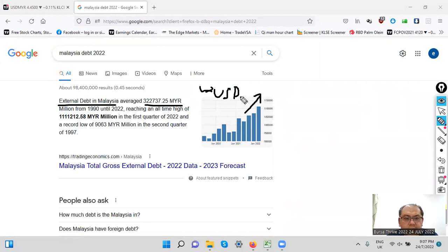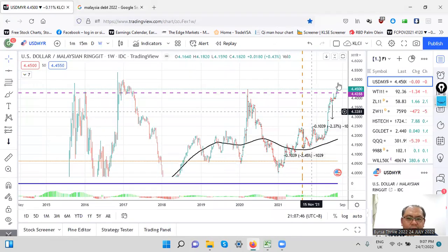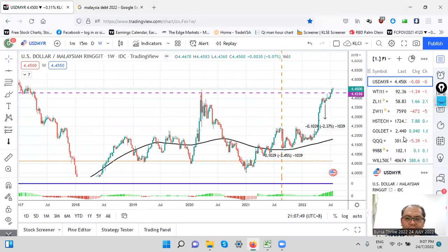If USD continues to strengthen, let's say next week it is up another 75, the Malaysian ringgit will be in more trouble. And our OPR cannot be increased, because in August no OPR will be increased. The next one will come in September. So if this continues moving up, I think we will indirectly become poorer. We need to pay more tax and pay more debt. So in this type of situation, it is very unlikely we will